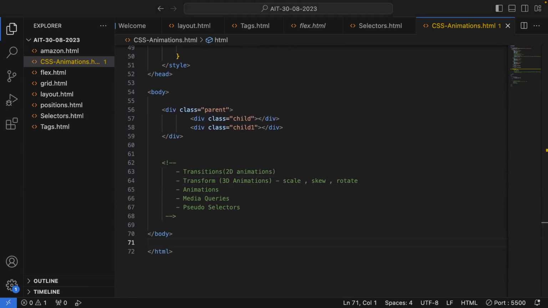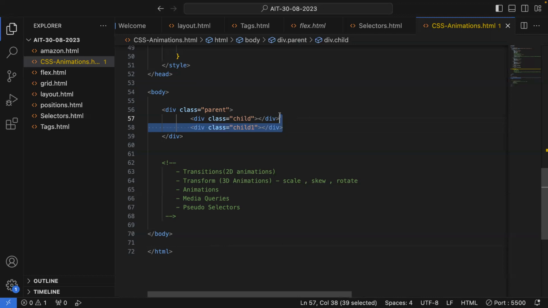Animation is nothing but it will also work with both transition and transform, but it is a little bit different. So here, transitions and transform deal with a single instance. That means only one-time application. But animation is not like that. Animation gives us the privilege of accessing the element and telling how much time you need to do that animation or how many times you want to do it. All this can be dealt with using which property? Animation. So for example,